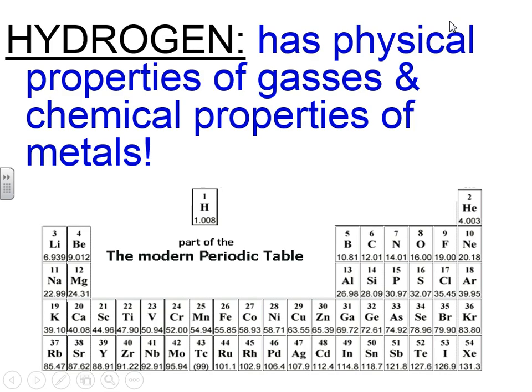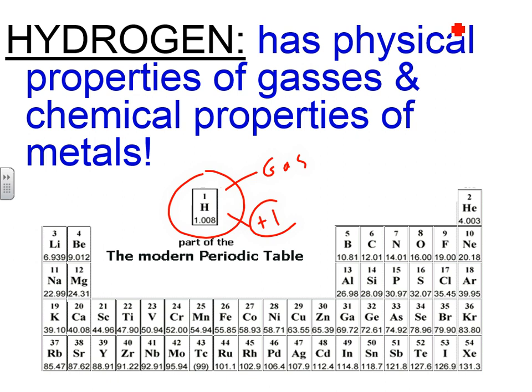Hydrogen has physical properties of gases and chemical properties of metals. Now, this is kind of strange, but hydrogen doesn't really belong to any group on the periodic table, so sometimes they'll put it right in the middle. As you'll see, it's obviously a gas, but when it reacts, it actually attains a +1 charge. Now, positive charges are characteristic of metals. All these metals will actually form positive charges, and so hydrogen is able to do that. Non-metals, as you'll see, form negative charges, -1, -2, and that's why hydrogen is kind of a unique element. It's also the only element that does not contain a neutron in its nucleus, so it has a lot of interesting, unique qualities.